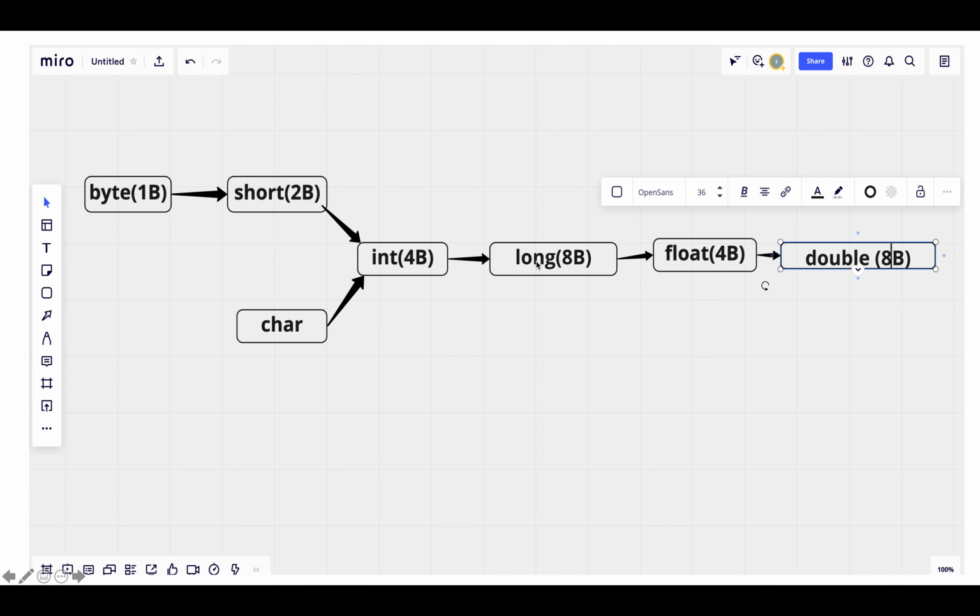Long can hold up to 8 bytes, and the int data type can hold up to 4 bytes, and so on. Character is 2 bytes, short is 2 bytes, and byte is 1 byte. So if you see this diagram, we'll come to this next.